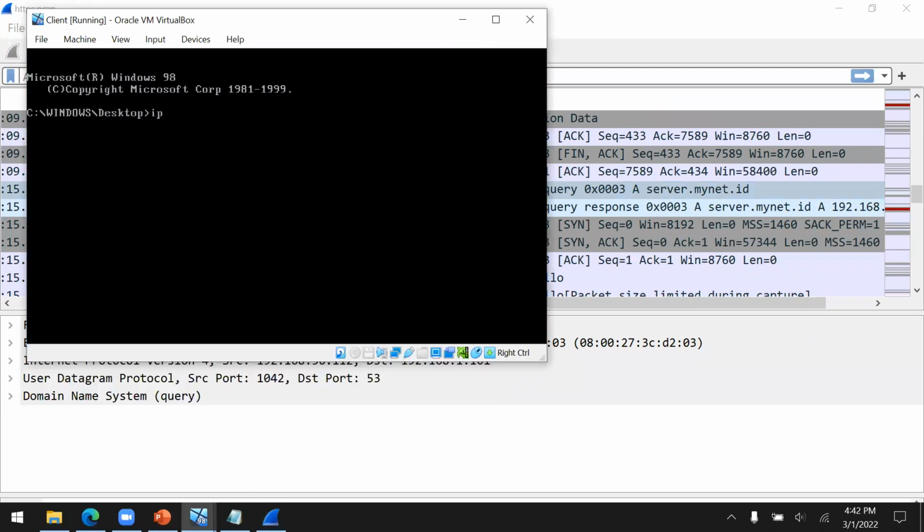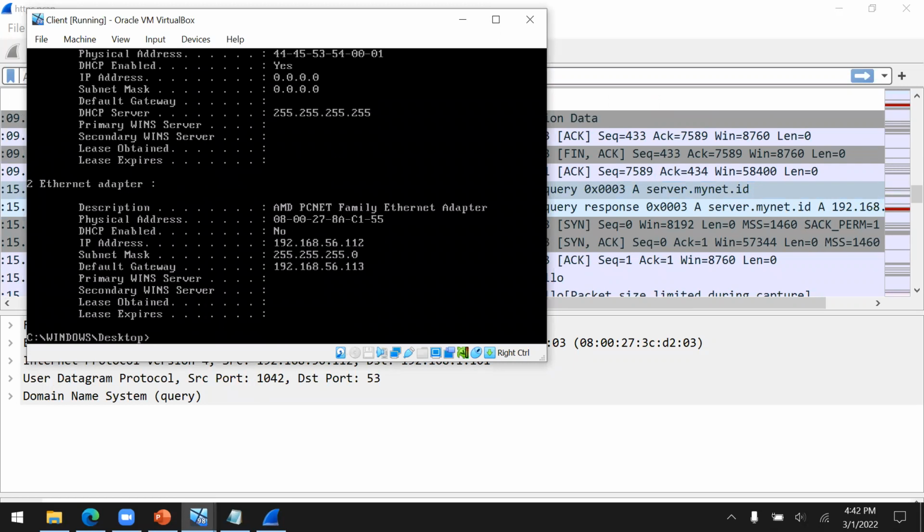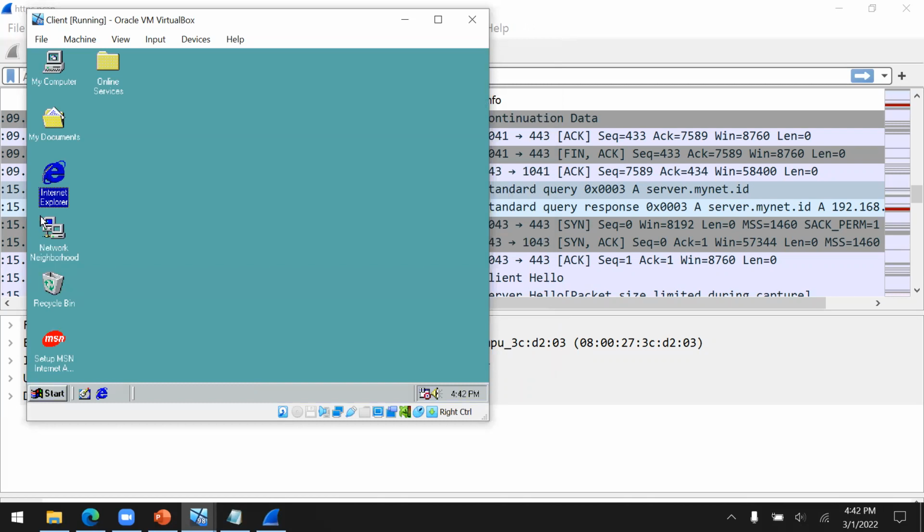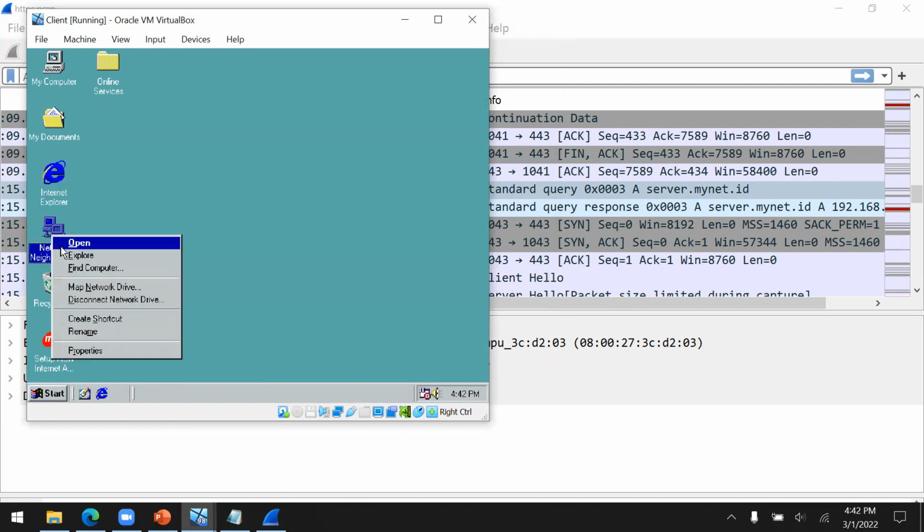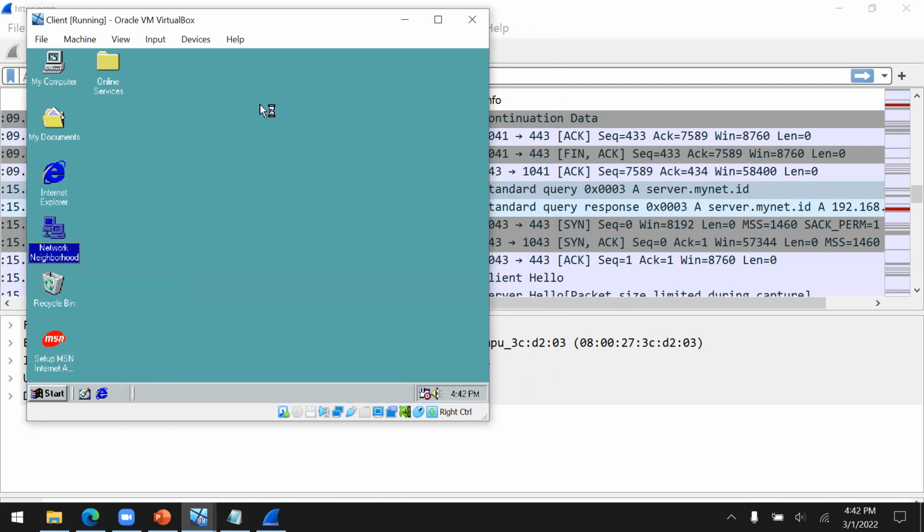Now this, let's try ipconfig /all. Okay, I cannot see the DNS server in here, but you can try it by using Network Neighborhood, right click and then Properties.